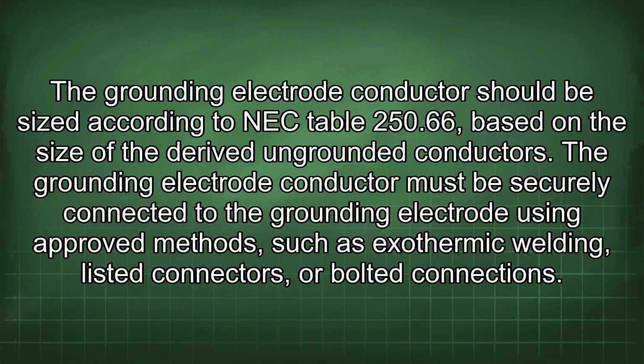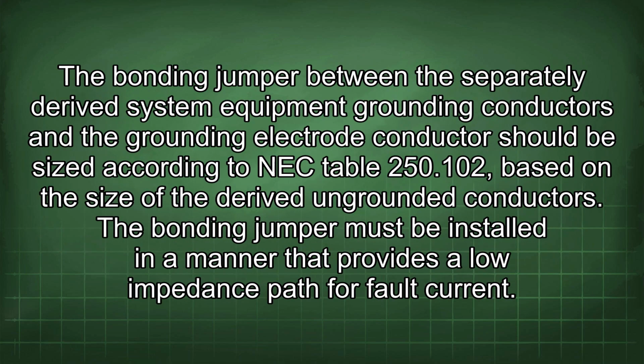The grounding electrode conductor should be sized according to NEC Table 250.66, based on the size of the derived and grounded conductors. The grounding electrode conductor must be securely connected to the grounding electrode using approved methods such as exothermic welding, listed connectors, or bolted connections. The bonding jumper between the separately derived system equipment grounding conductors and the grounding electrode conductor